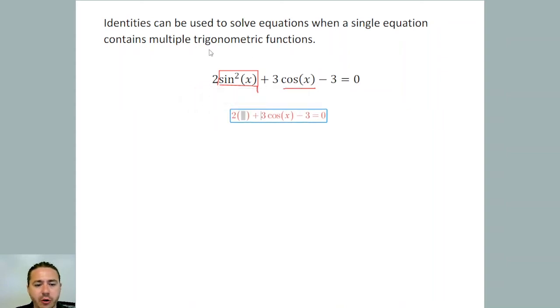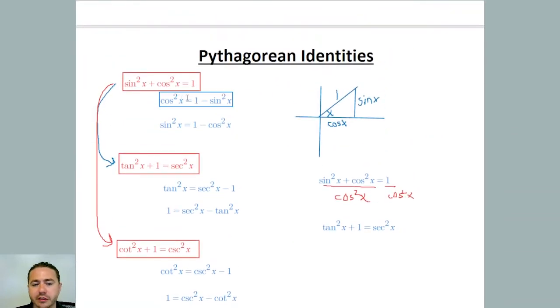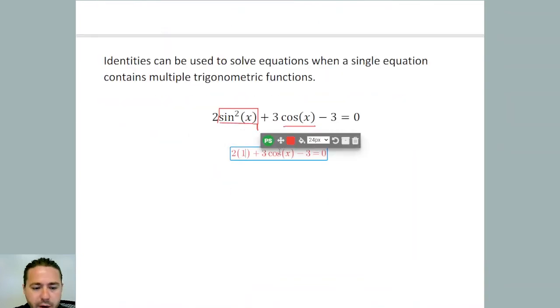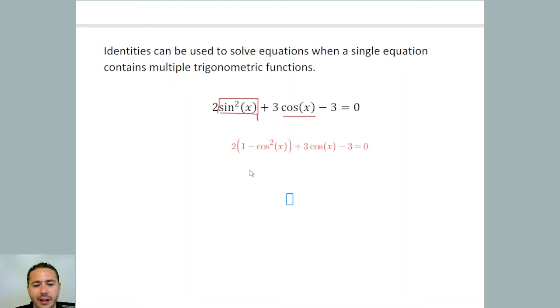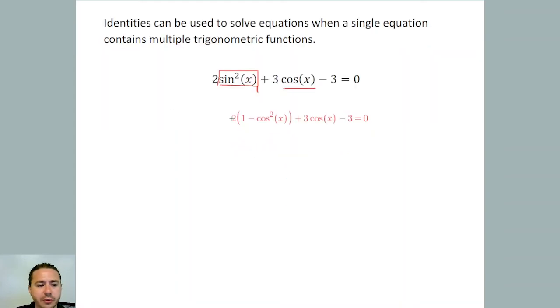Okay, so the question is, what is sine squared x equal to? So I'm going to go back up to my identities and find one where I can rewrite sine in terms of cosine. And that's going to be this first Pythagorean identity. Sine squared x is equal to 1 minus cosine squared x. So I'm going to rewrite this as 1 minus cosine squared x. Okay. And now, once I simplify this, I'll have something that I can actually factor. So distributing the 2 here is going to leave me with 2 minus 2 cosine squared x plus 3 cosine x